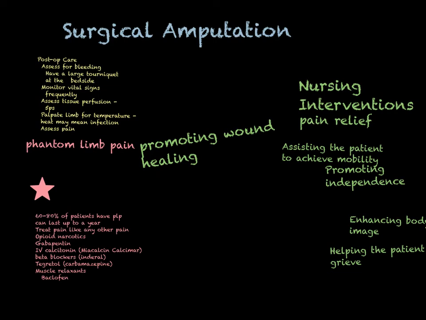Some other things that will promote wound healing are to place the limb in a dependent position a few times a day to increase circulation to that area. When the stump is sufficiently healed, you're going to teach the patient to do some massage. Sometimes the doctor will tell them to put some lotion on it. Really, you want to teach that person to inspect their wound every day or have someone else inspect it. And this is really difficult for people who have a body image disturbance. So we're going to talk about that in a minute.